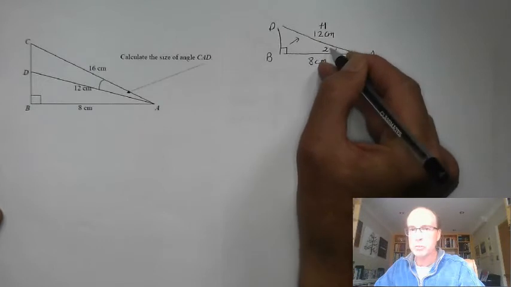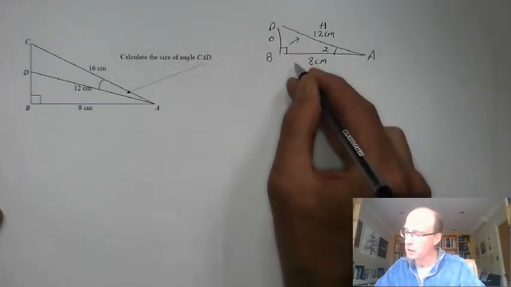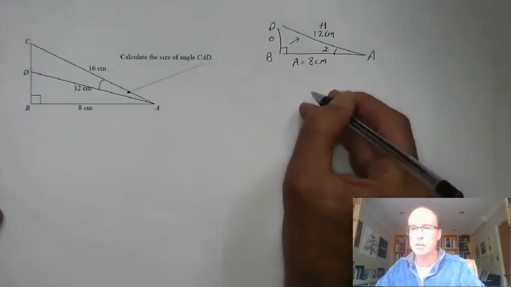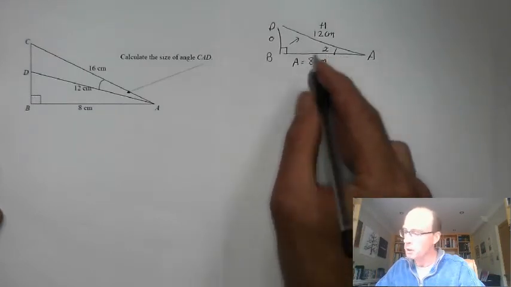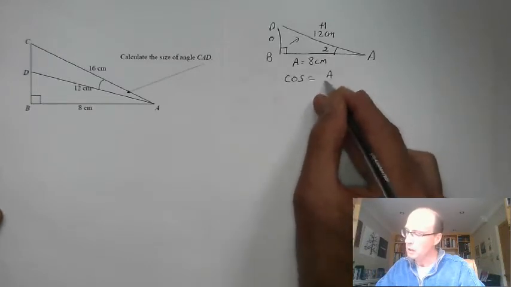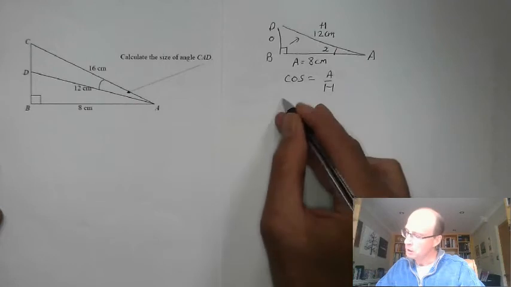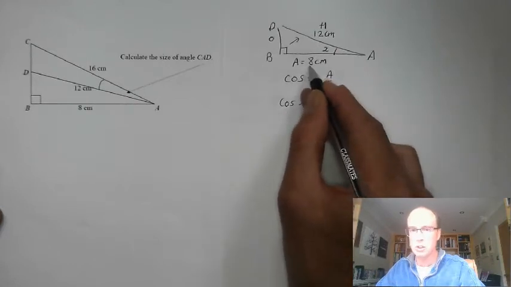Let's mark it up. So the 12 is my hypotenuse. We're trying to find the angle X, so this is my opposite side and this is my adjacent at 8 centimetres. We've got the adjacent and the hypotenuse, so we know we're going to be using the cos ratio. Cos is equal to A over H. In this case we've got cos of the angle X is equal to the adjacent